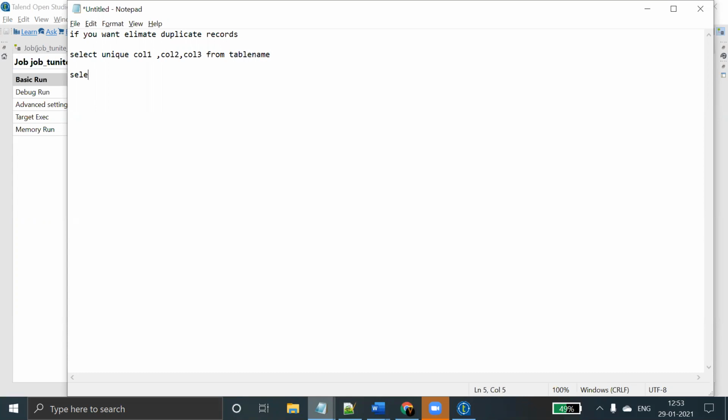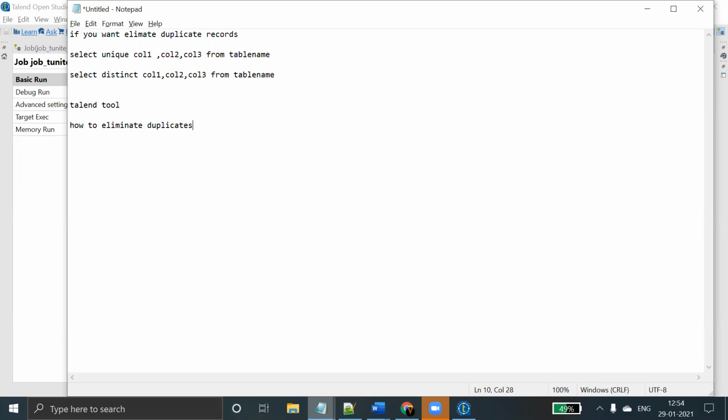Or you can use select distinct column 1, column 2, column 3 from table name, like this you use. But in the Talend tool, how to eliminate duplicates?